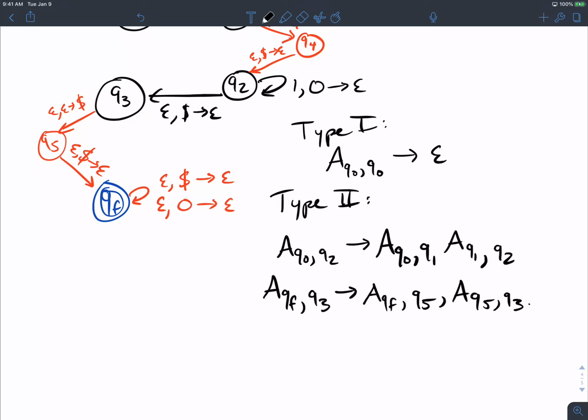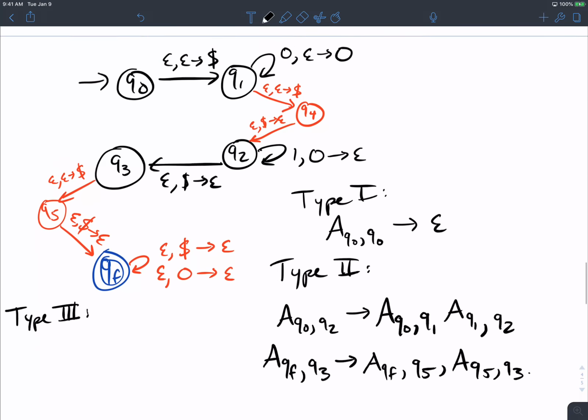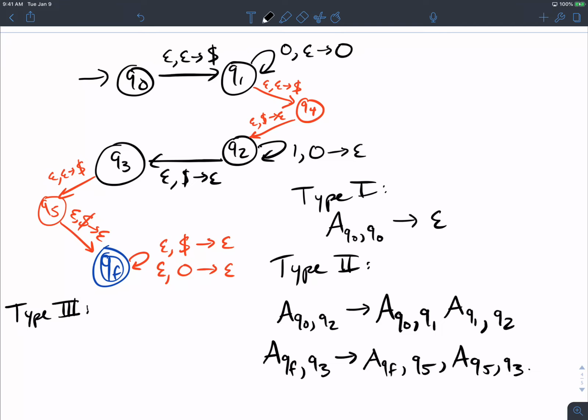Okay. Those are all the types of rules, right? Do we have another type of rules? Yeah. Okay, type 3, great. Let's just do only one example for time constraint reasons. So what do we need in order to do a type 3 rule?